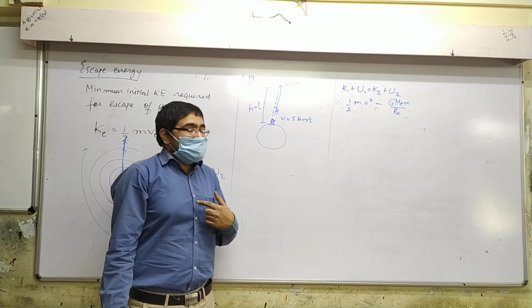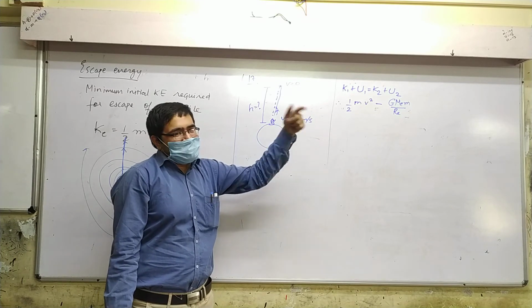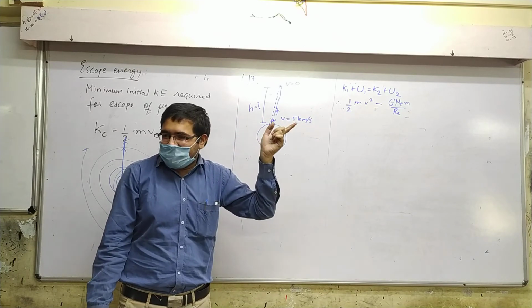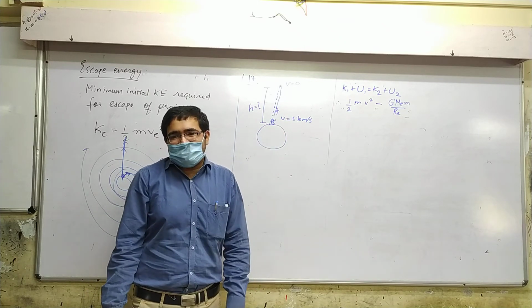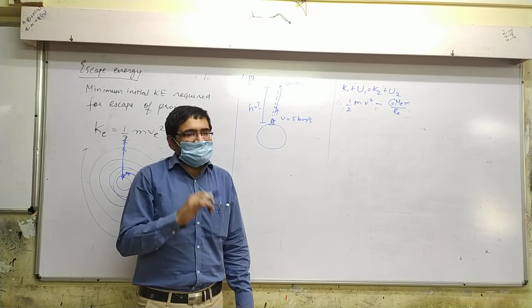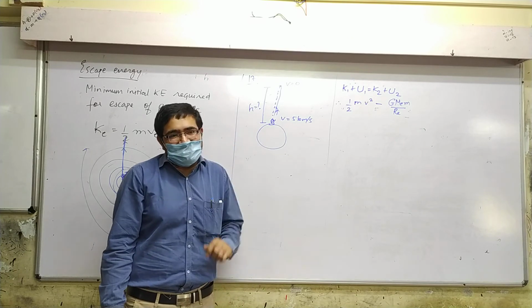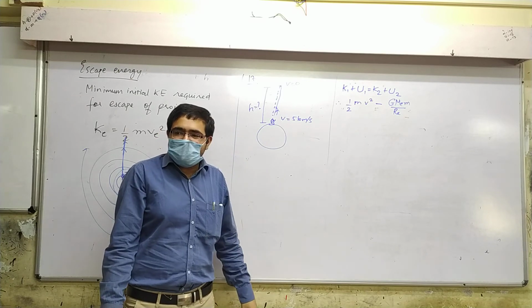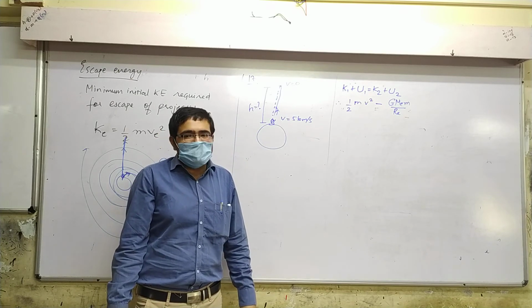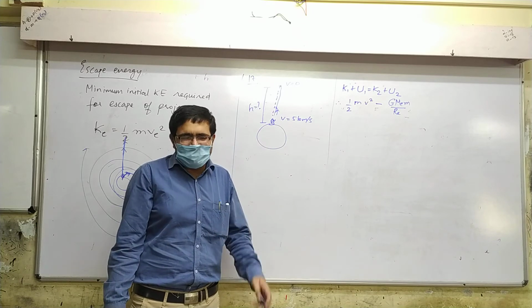Don't depend on me. If you only understood from my writing, you won't be able to do it in the exam. Can someone tell me why it's this? I won't explain it to you, you explain it to me. Why is this? Raise your hand if you think you know why it should be this. One big try, what's the problem if it's wrong?